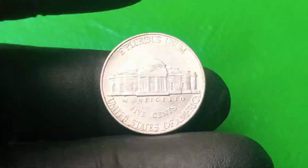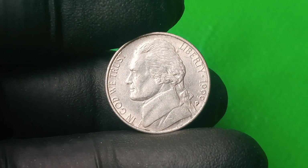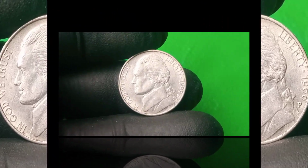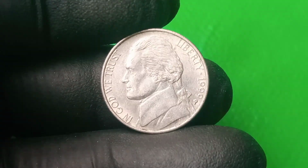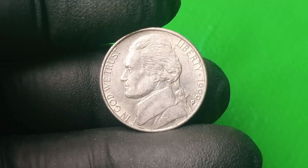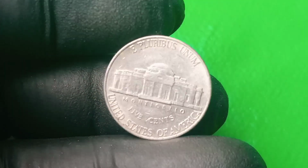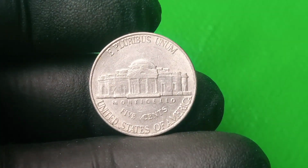now fuel late-night forums and collector groups worldwide, with blurry images and whispered testimonies of finds pulled from old coffee cans, flea market jars, or grandparents' junk drawers, each carrying that electric potential that this might be one of those 1999 P nickels, the ones that shouldn't exist, with Jefferson's hair doubled just above the ear in a way that isn't listed in any mint report, with inscriptions slightly off-axis, devices inexplicably thicker or thinner than standard, with rim cuts